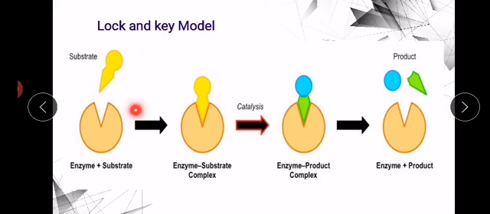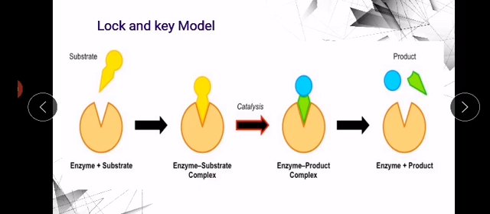This is an enzyme, and you know that only a part of the enzyme is involved in catalysis, and that catalytic region is called the active site. So the region which is involved in catalysis is this active site. This is the substrate. Now this substrate will attach to the enzyme. This is a triangle-shaped or corner-pointed substrate. So there is a pointed-shaped active site, which shows that only this substrate can fit into this enzyme. Now they have formed an enzyme-substrate complex.